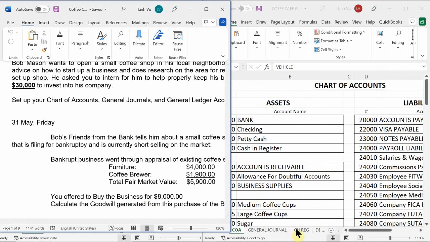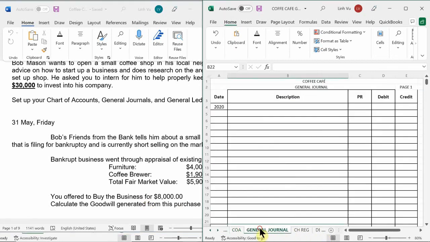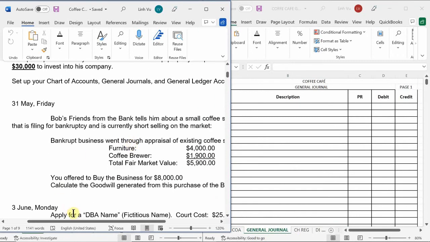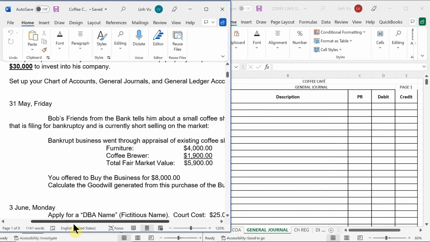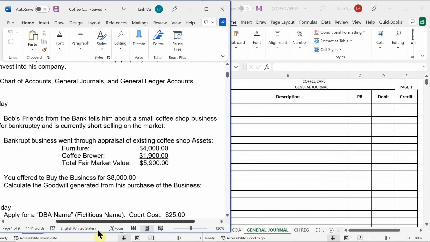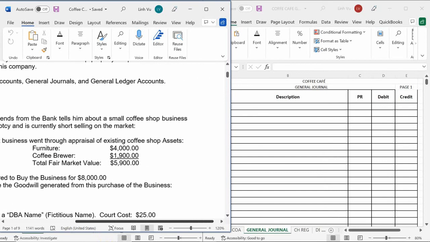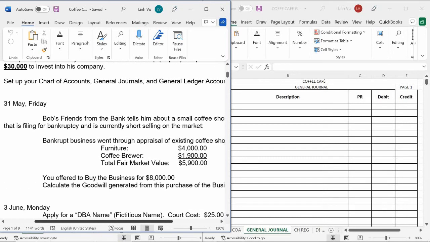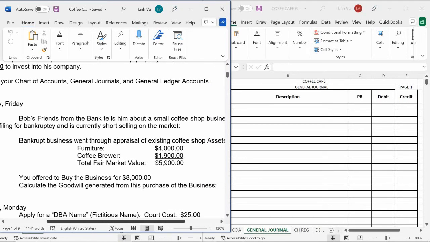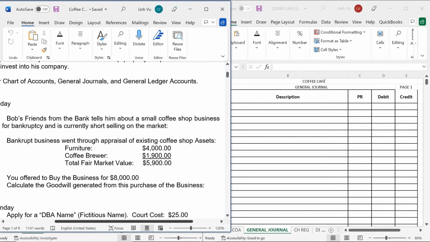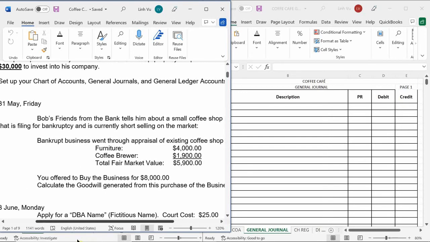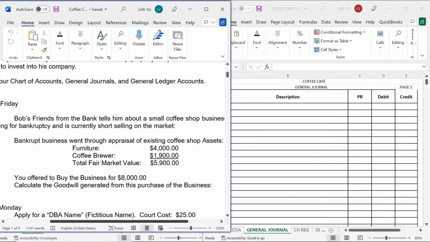So the first thing that happened was on May 31st, Bob's friend, who works at the bank, tells him that there is a small coffee shop business that is filing for bankruptcy and is currently short selling on the market. So Bob is interested, and here is the bankrupt business's